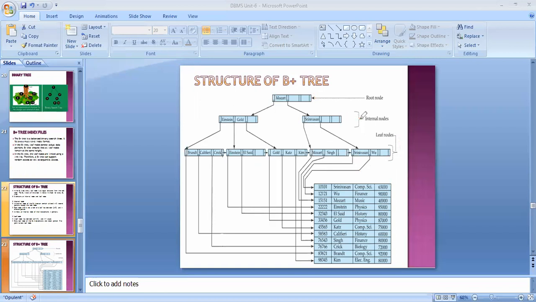Okay, and actual data is stored at the leaf node in a B plus tree. See, this is your actual table. Okay, now